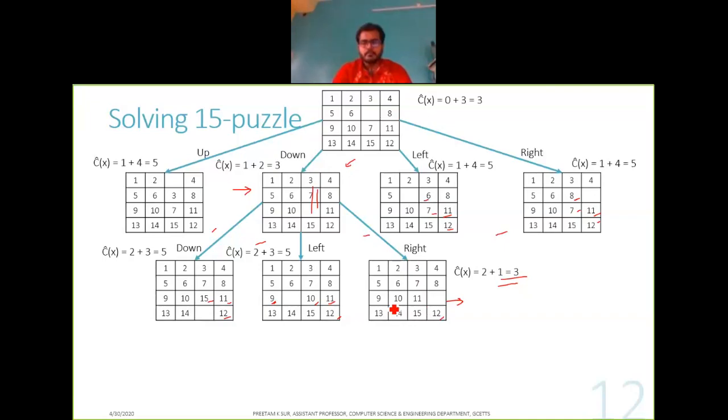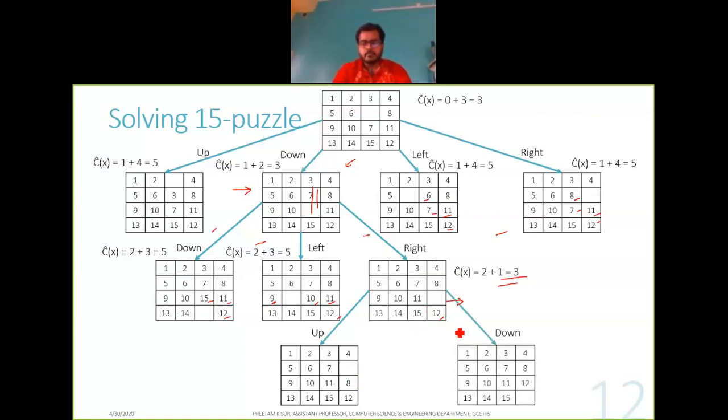So only two moves are allowed: one is up, another is down. Let us see. If we move up, 8 will come down and the empty slot will go up, right? And if we move down, 12 will go up and the empty space will move down. Now if you try to find out the cost function of this node,